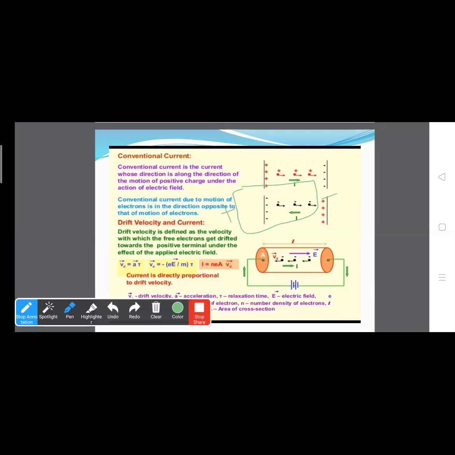Now, if we apply a steady electric field across the body of a conductor by connecting a cell or a battery across the two ends of the conductor, then there will be a steady current in the conductor rather than a transient current. Okay. So when the conductor is placed in an electric field, the electrons gain a particular direction, and current starts flowing through this conductor.